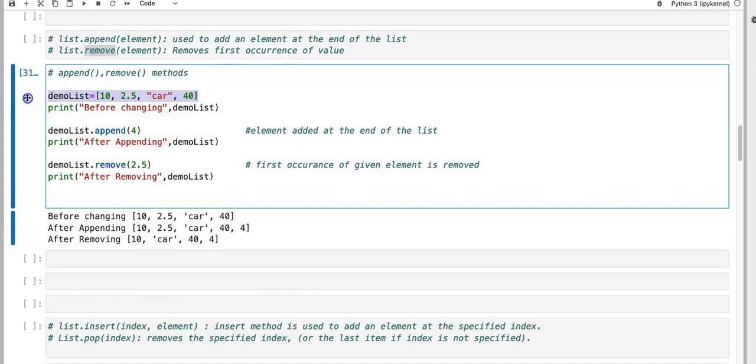So here I have a demo list. I am printing it just to see how it looks before changing. Then I am adding an element 4. It will be added at the end. Then I am saying remove 2.5. So let me add here another 2.5, or let's make it simple. Let's make it 2, and I will add another 2 here, so that I have two 2's and I am trying to remove 2. Now when I run this,